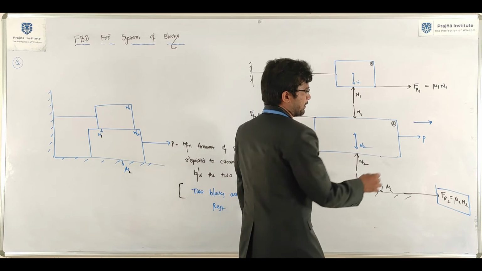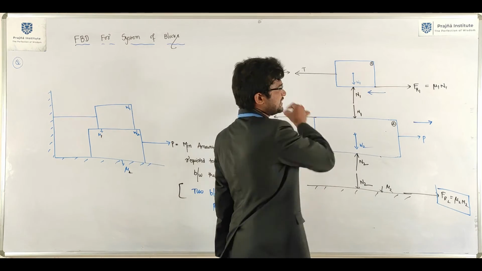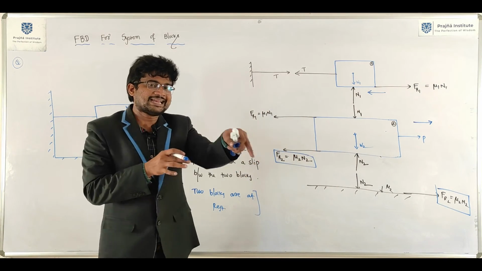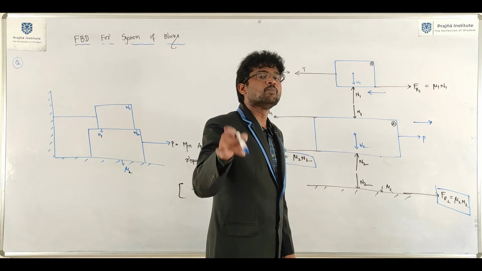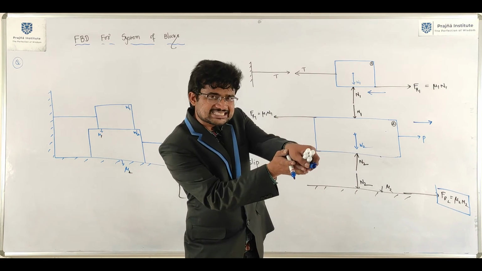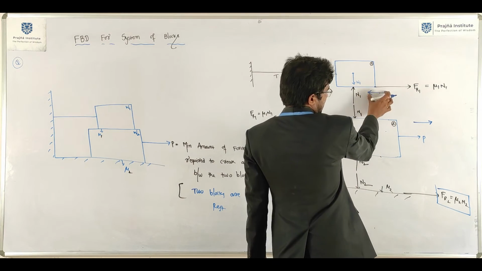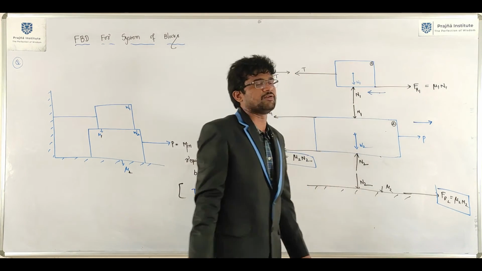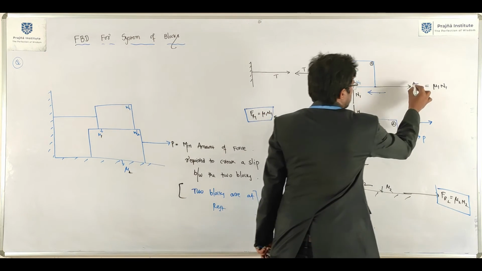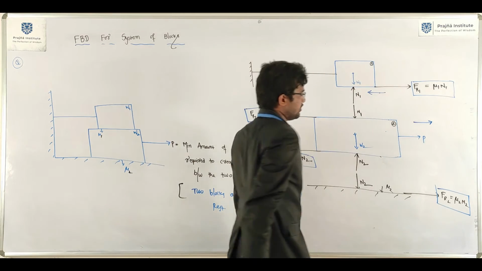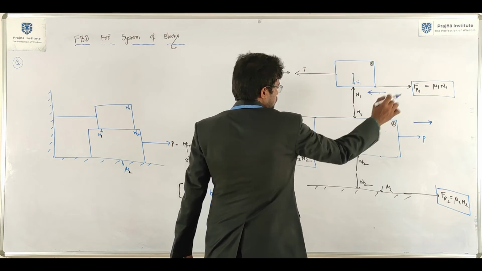Okay, what is meant by slip? Block 2 moving in this direction and block 1 moving in this direction, then only you will create a slip. Tries to move is different, moving is different. Moving means acceleration will come. It's just a slip. So opposite to the direction of this particular slip, Fr1 equals mu1 N1. Relative friction we need to incorporate here. This is called relative friction. This is the way to draw the free body diagram for block 1 and block 2.